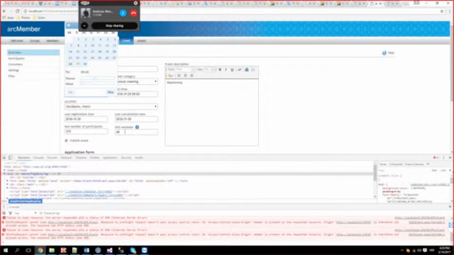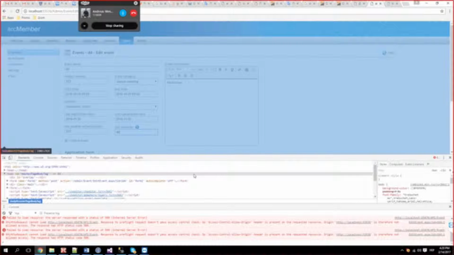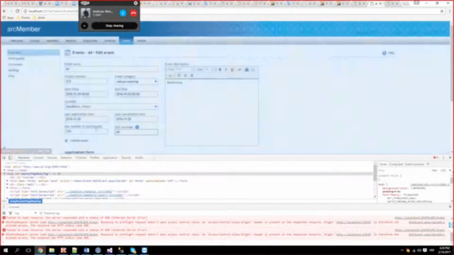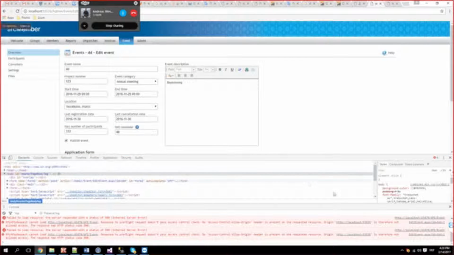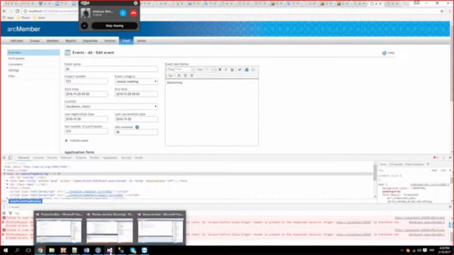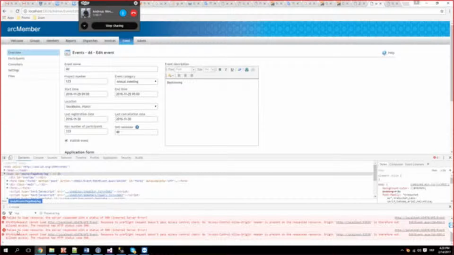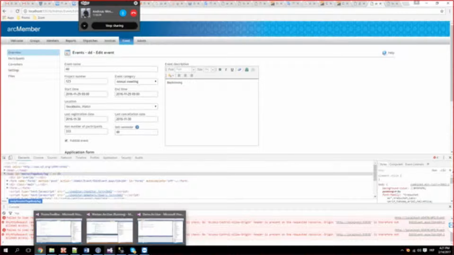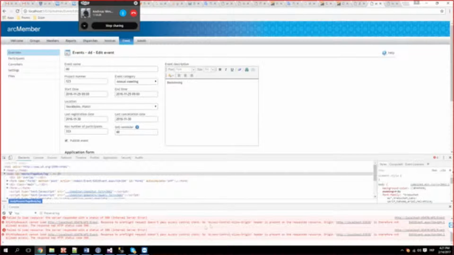But still, on the event we have the start time, and we have this reminder. Can we see if we have exceptions switched on in Visual Studio? You mean these front-end exceptions? Okay, I understand. I can't see them. I think this is the web browser that is, well, internal server error. It should pick it up.